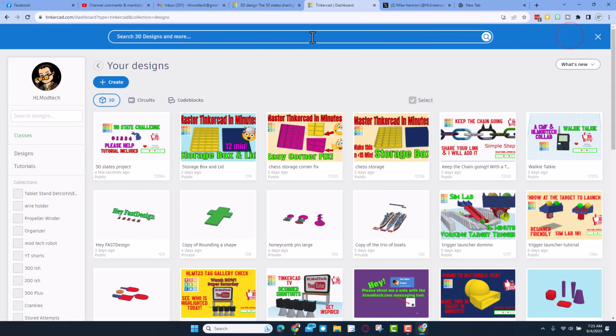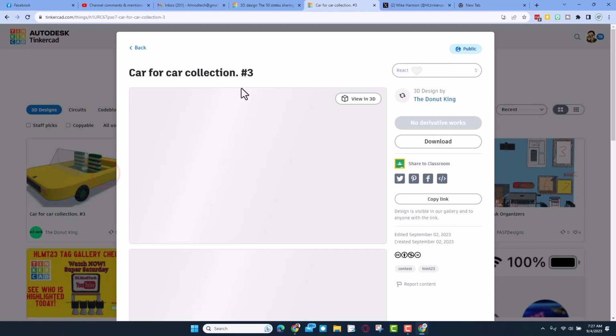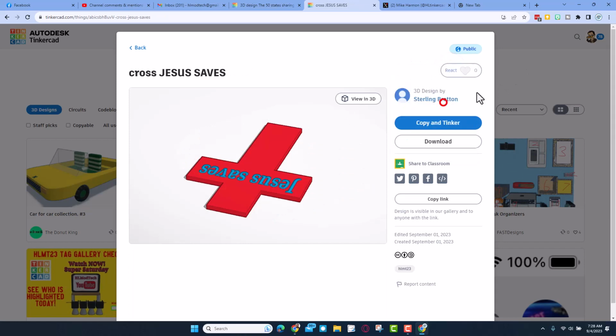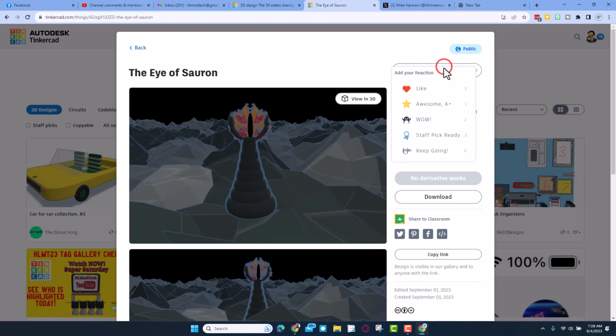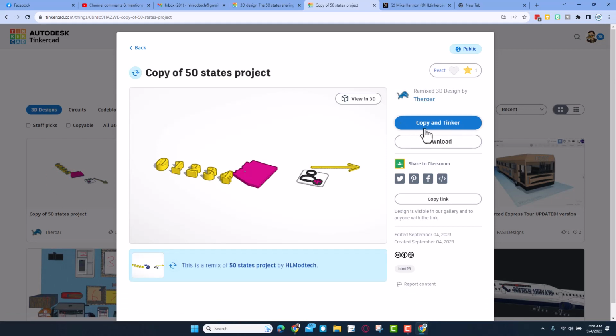Each day I can click search and I can do HLMT23, and when I do, check out the fun designs that have shown up today. Let's get in there and give them some reactions. Absolutely love seeing projects from all over the world. That is fantastic. Check out this cool one by the fungus. I'll give that a wow. And after a moment, there is the 50 States project that I can copy and tinker and add to my